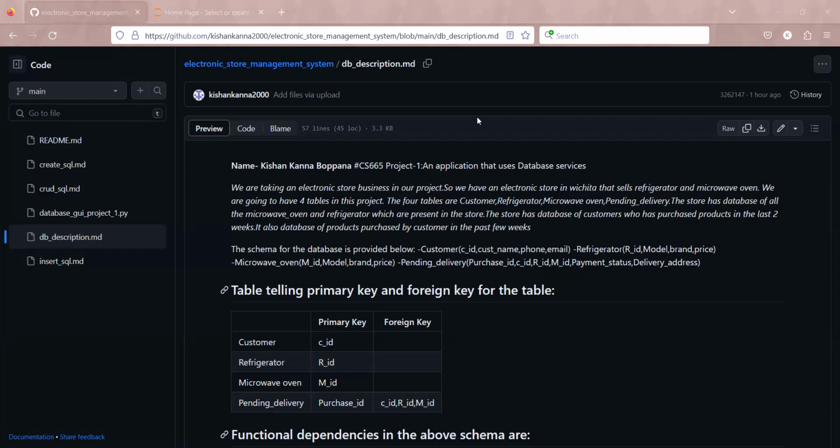So I'm going to present my project, which is in fulfillment of the subject Introduction to Database System. We have mocked an electronic store business which sells refrigerators and microwave ovens in Wichita, Kansas. Here we have four tables in this project, which are customer, refrigerator, microwave oven, and pending